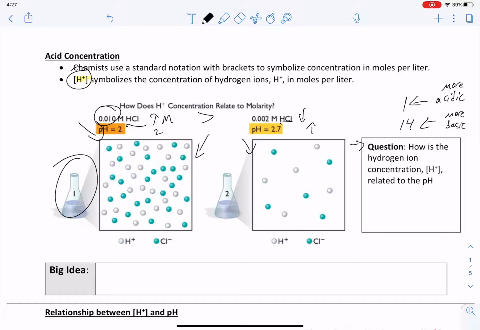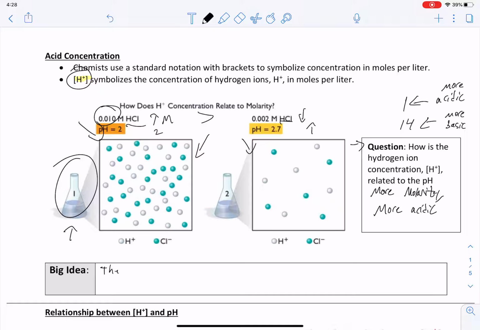And that makes sense because there's a higher concentration of hydrochloric acid in here, so therefore they would have to be more acidic. So if there's more, or greater molarity, of an acid, then it's going to be more acidic. Conversely, if we had a base and we had a higher concentration of that base in the solution, then it would be more basic. And that leads us to our first of two big ideas in this lesson, which is